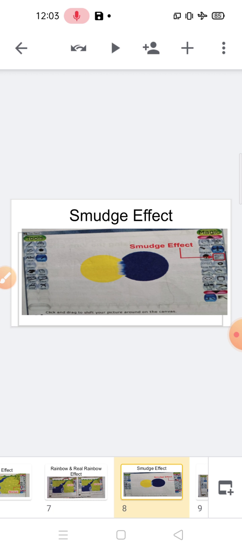Next is the smudge effect. What is the smudge effect? The smudge effect is used when we draw the water bodies in our drawing. It is used to mix two different objects smoothly. For this, first of all, we have to draw a blue ball and a yellow ball close to each other. Assume that we have drawn them using the wet pen. Then we have to use the smudge effect to show how the balls will look if we join them from one end and form a new color.